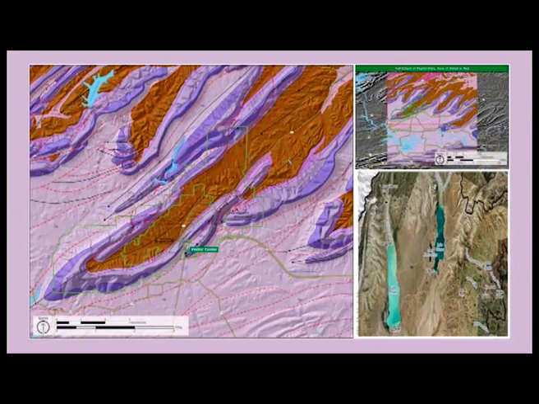Now in today's lecture, I am going to introduce you to the recognition of faults, how you are going to recognize faults in the field. There are two different types of criteria: one for the recognition of faults in geological maps, and another for the recognition of faults in the field. First, the recognition of faults in the geological map.